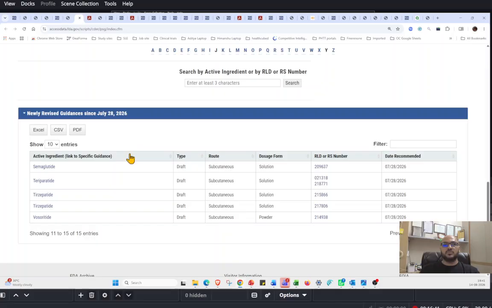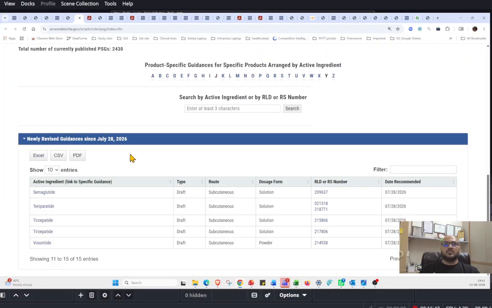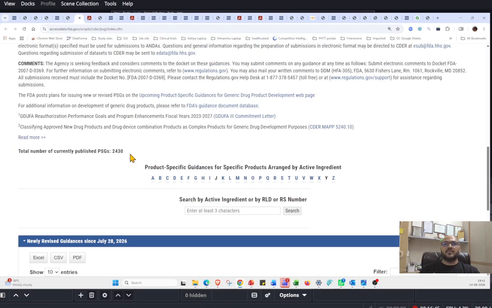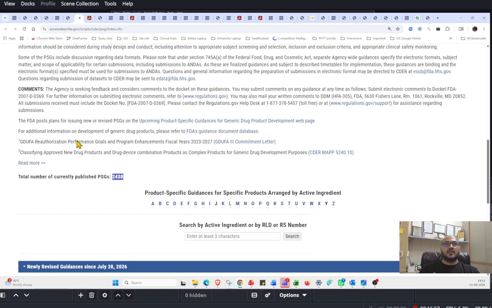There is no date showing here, but it gets revised every now and then. Presently, the total number of current published PSGs is 2430, so 2000 or 2500 approximately. Then you have reauthorization goals and the 2027 commitment letter. So you get a lot of information from here, but at the moment, for a CI person,